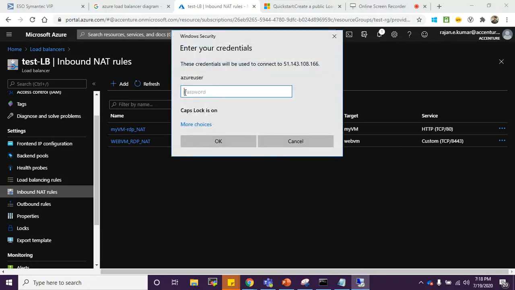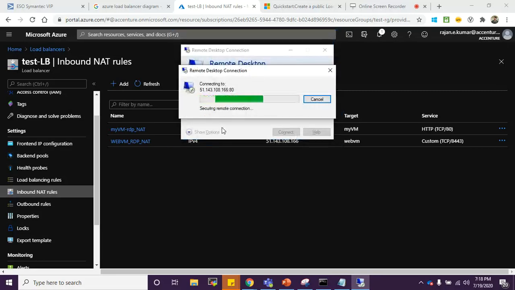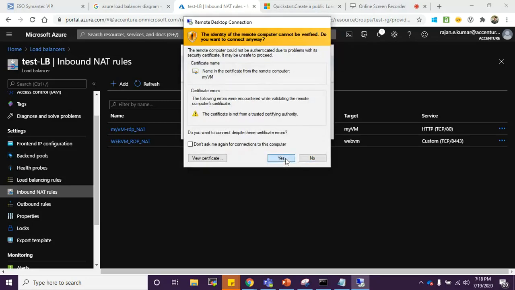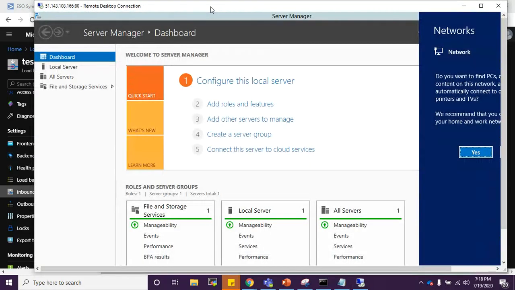So it's connecting. As you can see, we have successfully RDP'd to one of the VMs using the load balancer NATing configuration.